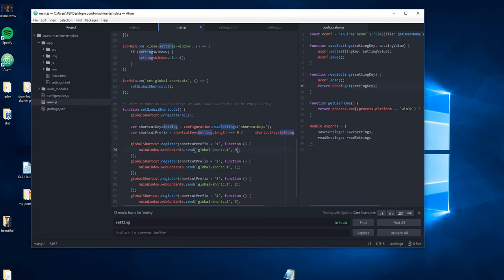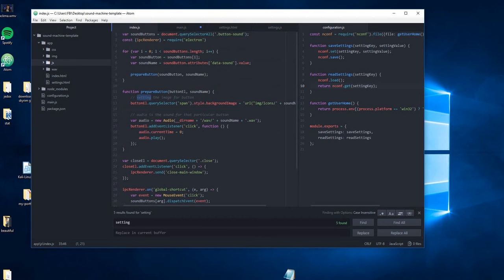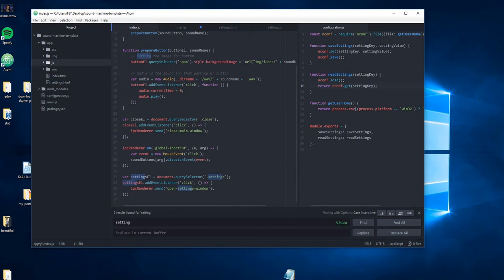And then we want 0. Remember why we want 0? We want the 0th element of the sound buttons, right? Everything's the same. Like in the index.js view, in this renderer process's view, nothing's really changed, right? They're still running this type of code,